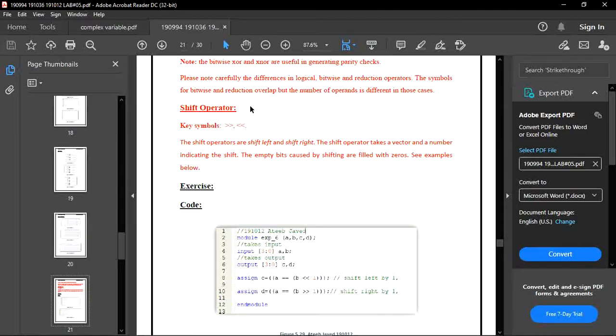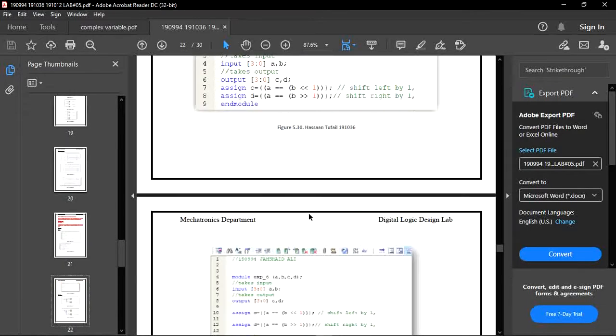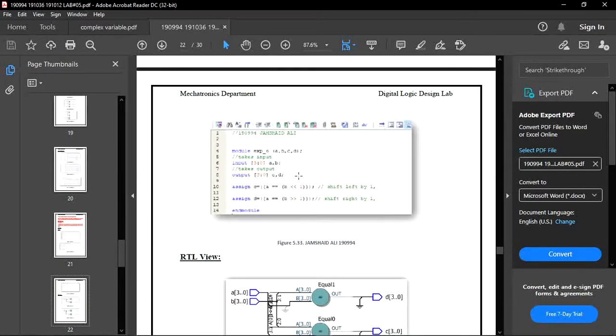Now we can prove this, and by using these shift operators we have to prove the exercises given in our lab 5. So now we are moving towards our Quartus code. This is the Quartus code that we wrote. First of all we have to declare all the inputs and outputs, our A, B, C and D. After giving sizes to our inputs and outputs, it's like the array size we give in C++ and C. So here also we have to give a bit size to inputs and outputs, which is 4.